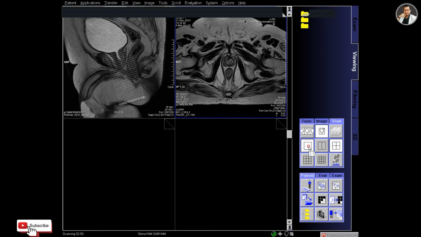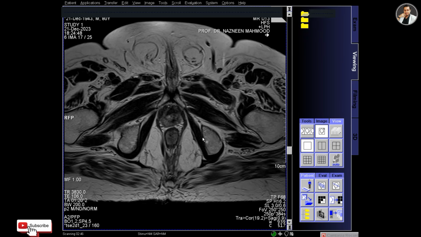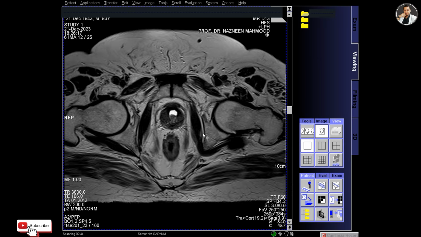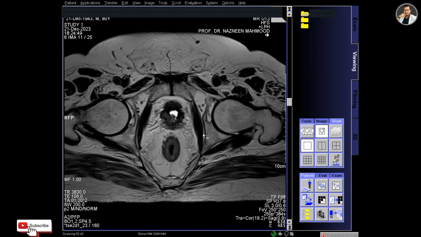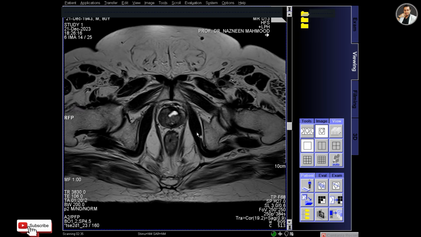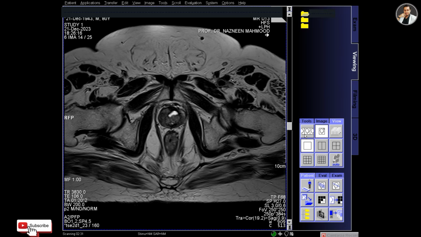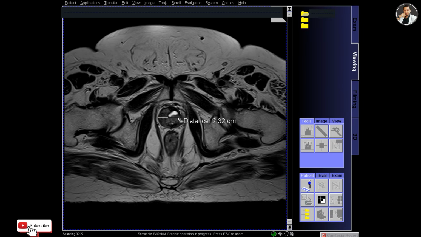So let's check the T2 transverse. Here is the T2 transverse and you can see that the prostate is seen very good. And there are some lesions inside the prostate. So let's measure the prostate, and this is 3.23 centimeter in width.